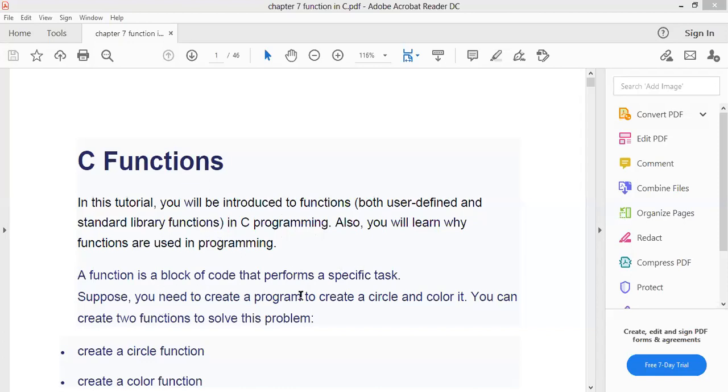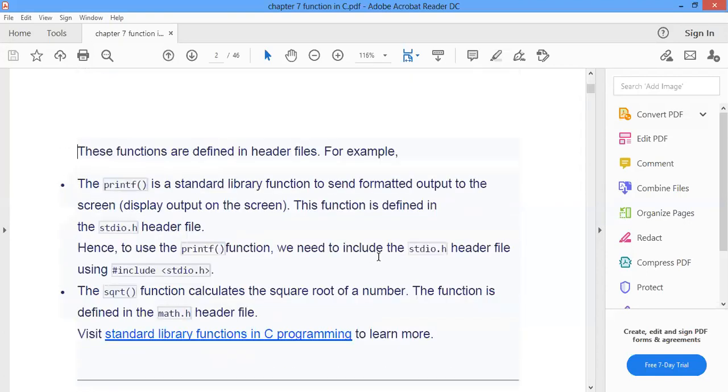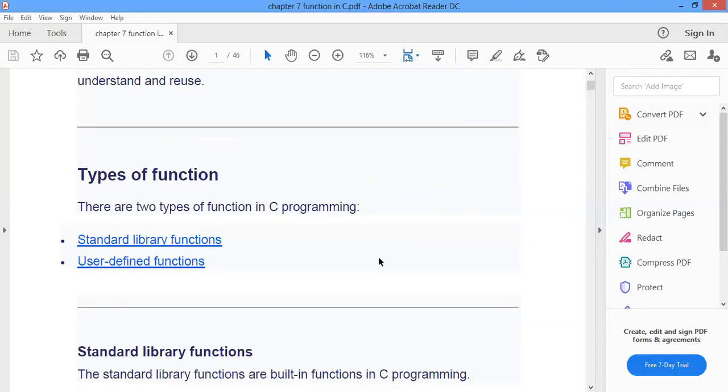Suppose you need to create a program to create a circle and color it. So you can create a circle function and a color function, right? So a function is always a block of code that performs a specific task. Then after that, types of functions. The first function type is standard library functions, and the second one is user defined functions.